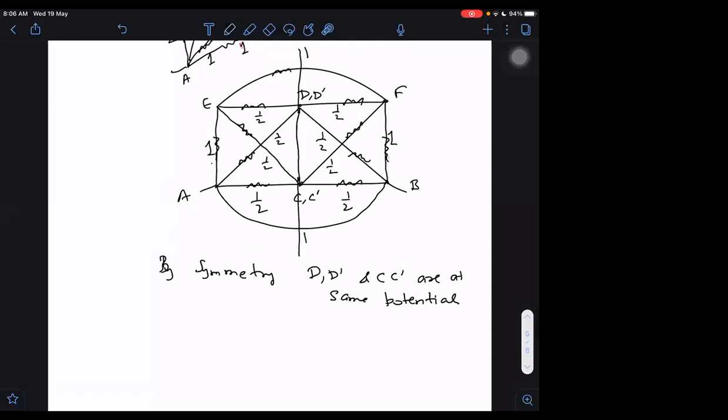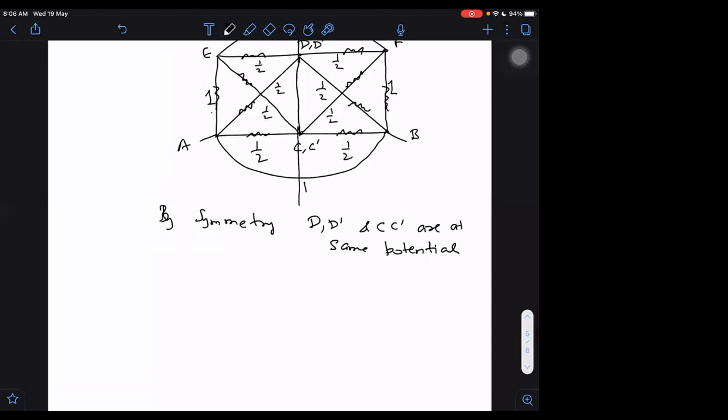We can remove the connection from E, C, C dash, F to AB, no? Yes, that we can do. Similarly, we can remove this one also. We can also remove this connection, D dash. Then removing is better here, parallelizing this. Yes, here the best thing is to remove, I think. So we will then take.